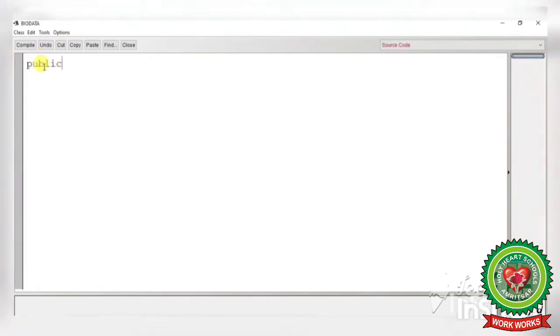One thing to keep in mind is that you have to keep your letters small while writing a program. There are some particular letters that you should write in capital. Now write down public class. Give the name of the class. Students, this line depicts the name of the class. Like I have given welcome. You can give the same name that you have given while creating your class, like we have given biodata.